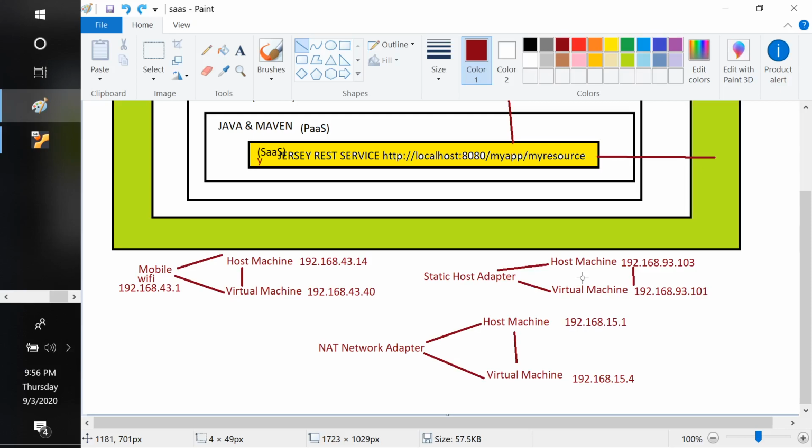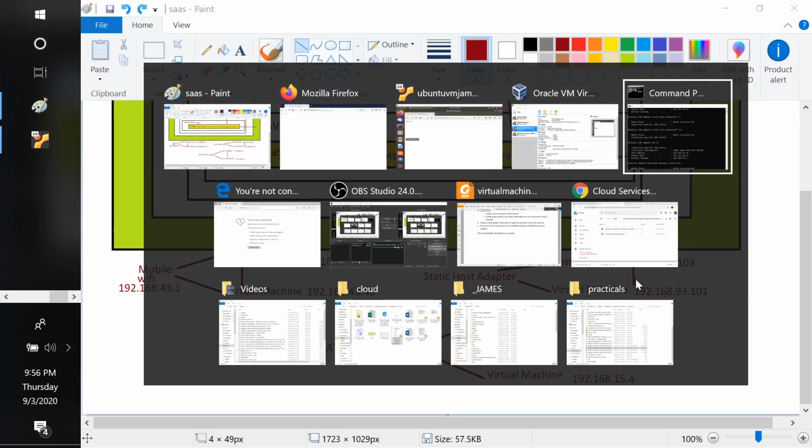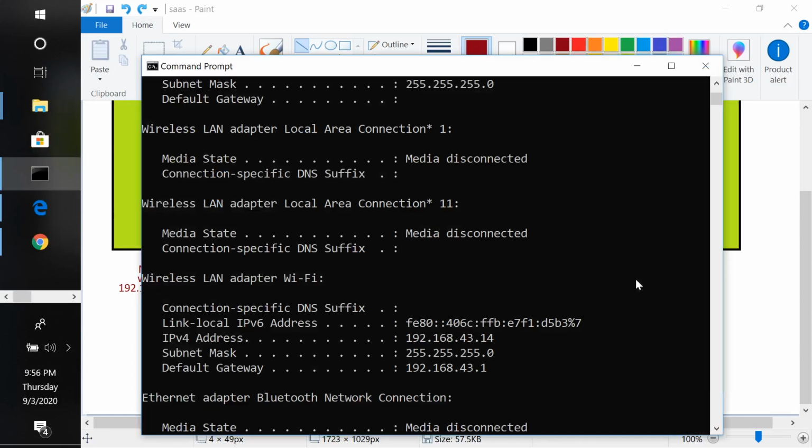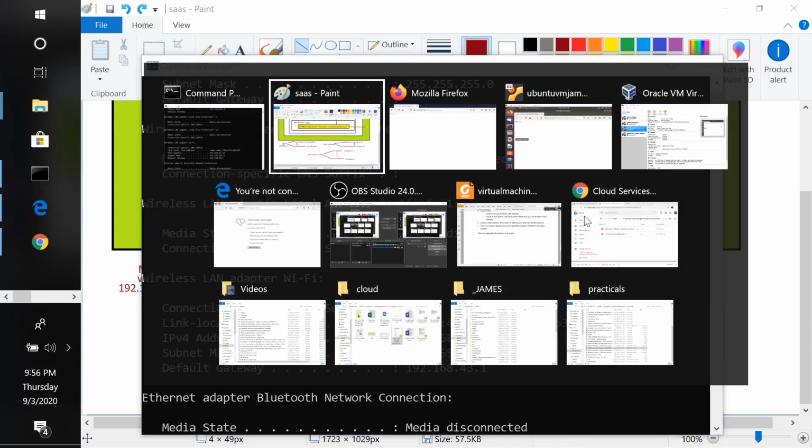So mobile Wi-Fi works, and static host adapter does not work for some reason. I thought I made this work, but I do not remember whether I made it work or not. Right now this part is not working, and this down part, NAT network adapter and mobile Wi-Fi, these networks are working. With the static host adapter you are able to ping each other, but you're not able to access the port. Now one of the commands that maybe you need to run is to make sure port number 8080 is accessible. If you look at the Linux commands,